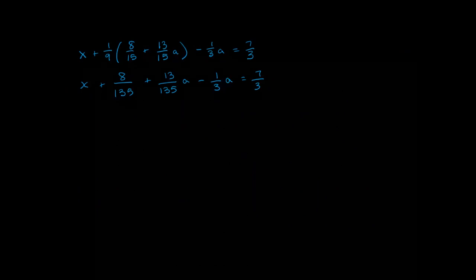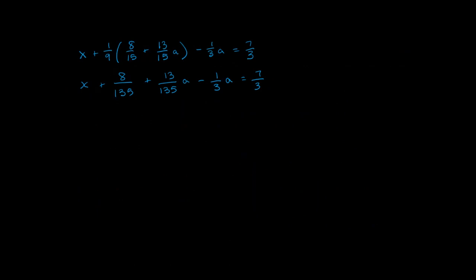So I'm going to have to get a common denominator here. So I'm going to have to multiply the ones with the denominator of 3 by 45 to get to 135. So x plus 8 over 135 plus 13 over 135a minus 45 over 135a